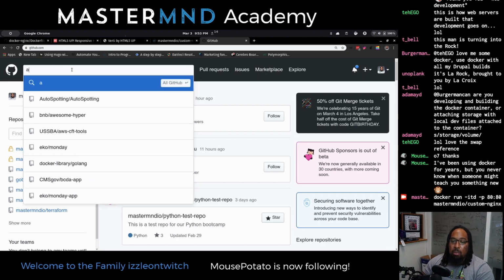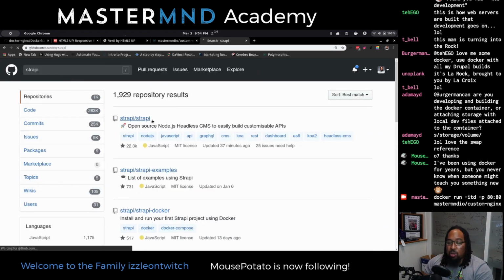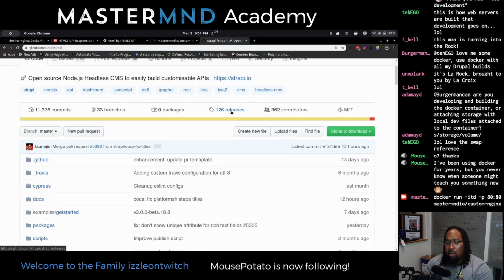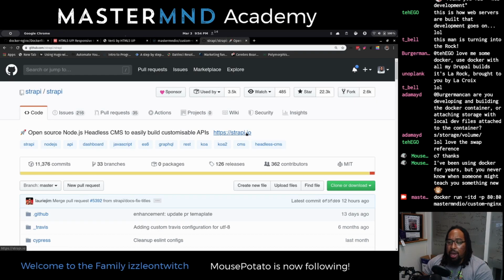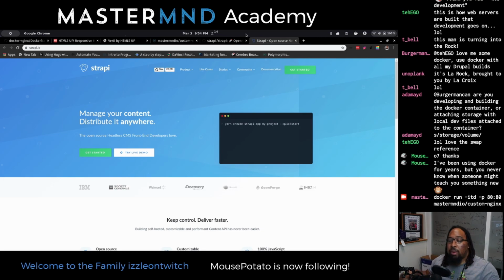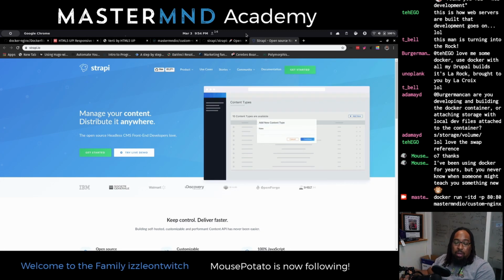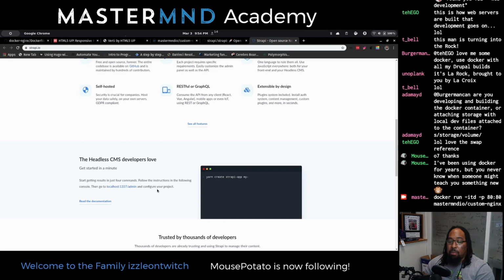But maybe a CMS. I've used a CMS called Strapi, which I like, which is an open source headless CMS that I don't think needs much to run it. It's a Node.js application. It's pretty cool, actually. And I think we're going to use Strapi as a backend data source for that thing I want to build. We don't need a backend data source like this, but I think it might be easier for some people to mess with, but we'll see.